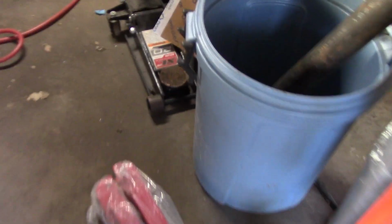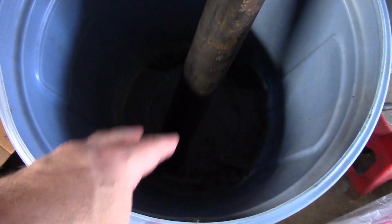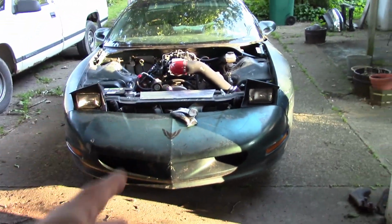Three, the drive shaft. I pulled the drive shaft. I knocked the caps off. Here's the drive shaft, which, by the way, when you get a new drive shaft, paint it. So I got to put a new joint in the rear. No big deal. When I pulled it, I noticed it was also leaking, so it needs to be done. He was doing probably a million burnouts in this thing because it's got some power and it's fun. And that's what I plan on doing with it too, is burnouts and such. So anyways,